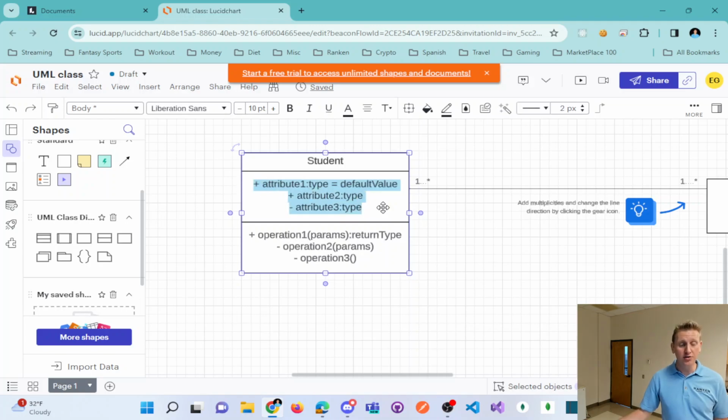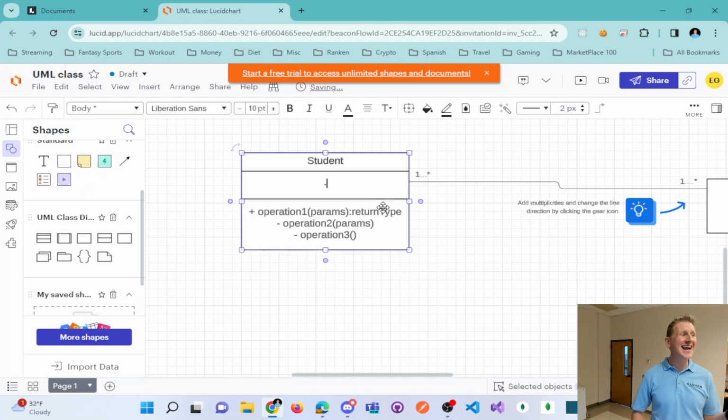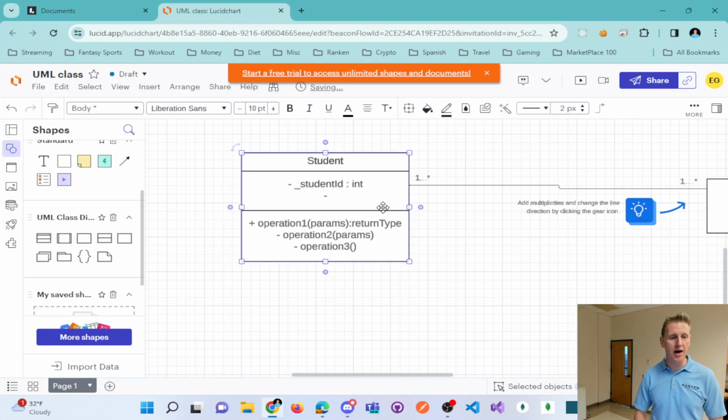So for our fields in object-oriented programming, you want to data hide your fields. If you guys remember, hiding your data is one of those principles of object-oriented programming. You want to hide your data, so I'm going to mark them as private. I'm going to have my identifier as underscore student ID, and its data type is an int. Right? And once you get that down, you can say, well, I want a private field, and I'll just say student, given name is a string,